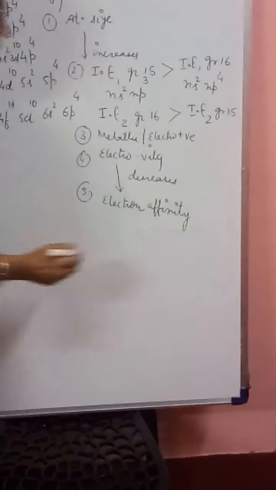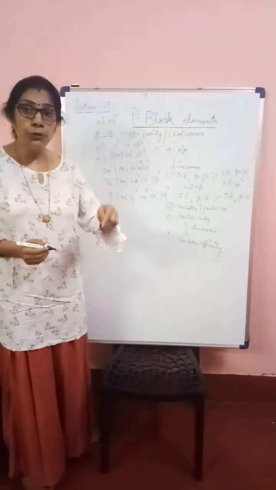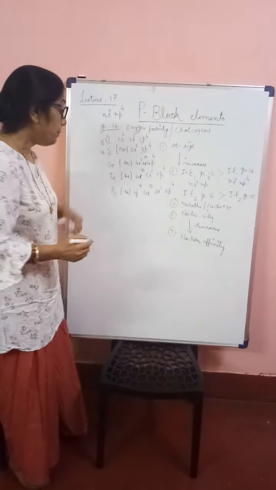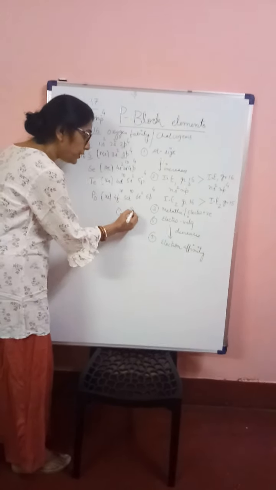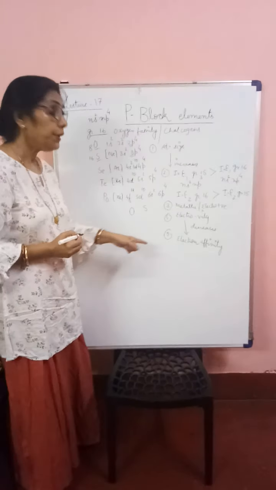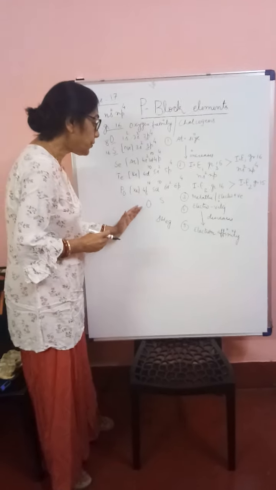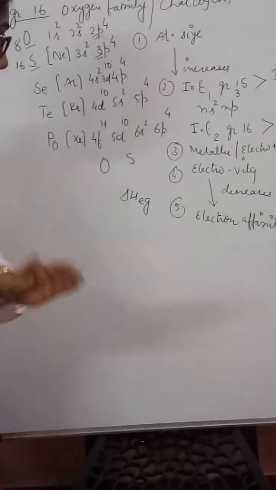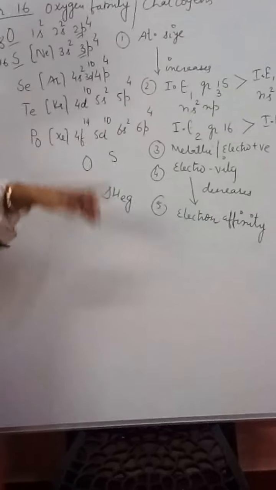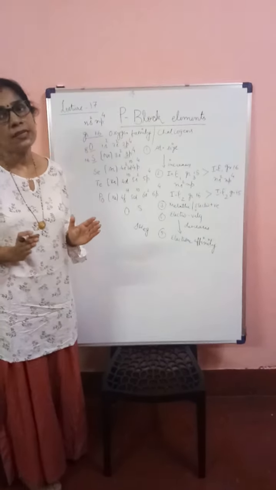Okay, so their electron affinity is also higher as compared to group 15 elements, and down the group electron affinity is going to decrease, or it becomes less negative. But once again there is a difference between oxygen and sulfur. Oxygen has less negative electron gain enthalpy. That's better to say. So oxygen has got less magnitude of negative electron gain enthalpy as compared to sulfur. And why is it so? Because of the small size of oxygen, prominently small size as compared to sulfur.